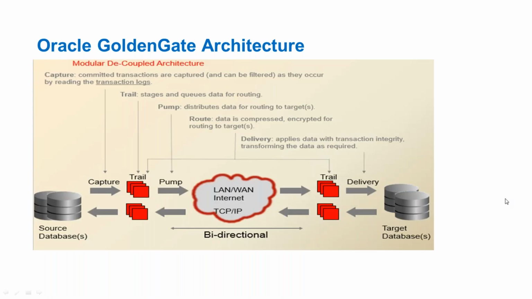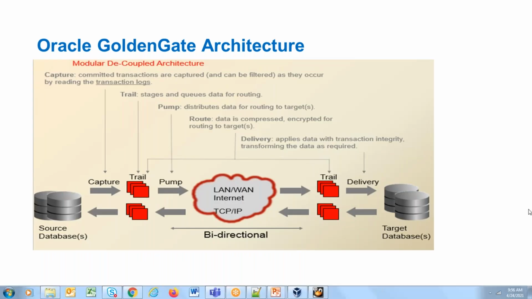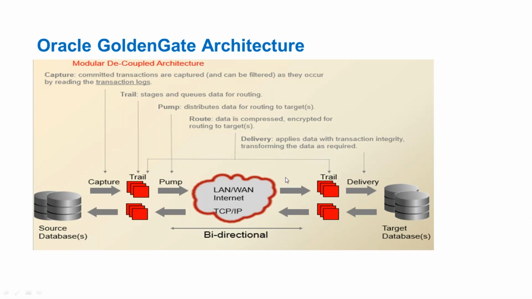So what is Oracle Golden Gate classic architecture? As I told you, classic architecture has been available since the beginning of Oracle Golden Gate. You have a source database and a target database. Each database has its own transaction logs. In case of Oracle, we call these transaction logs redo logs, or backups of redo logs, which are called archive logs.